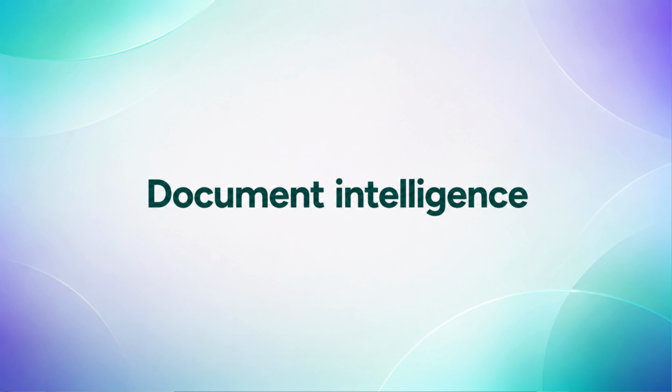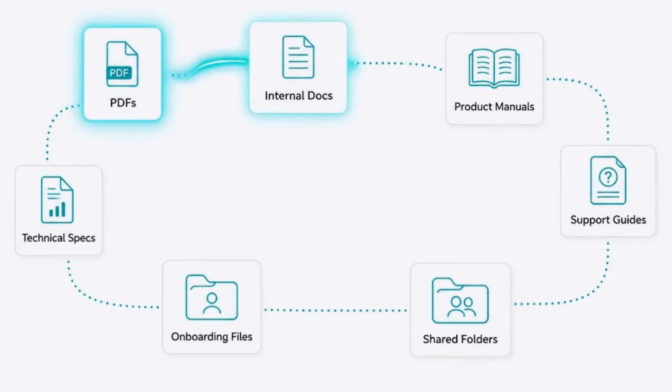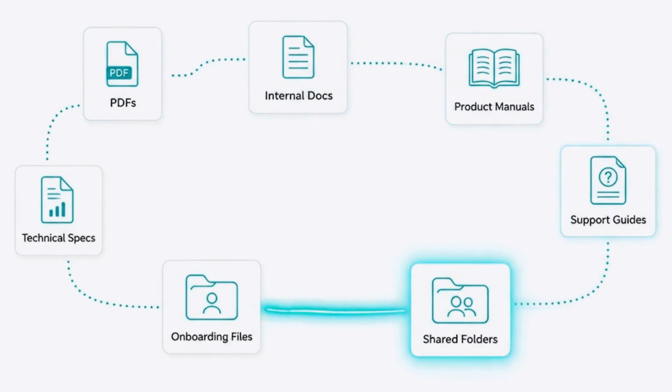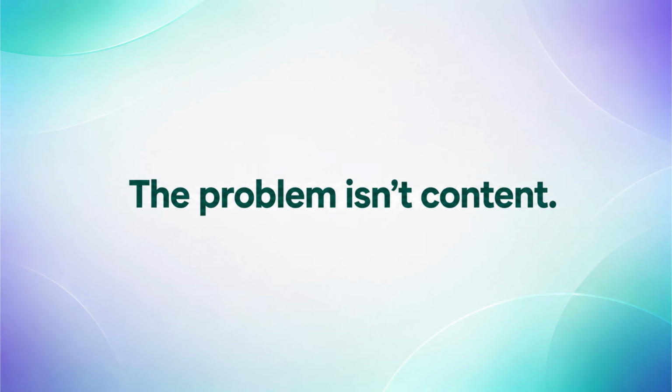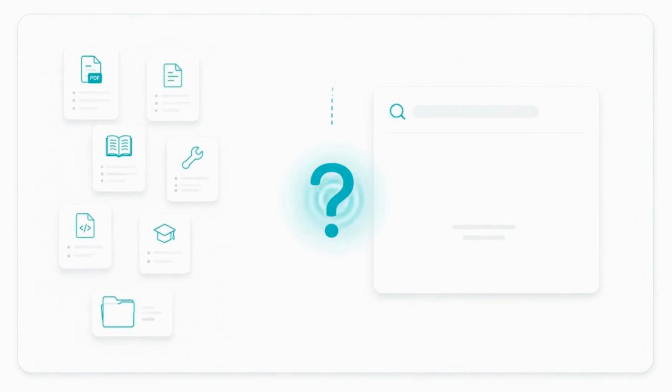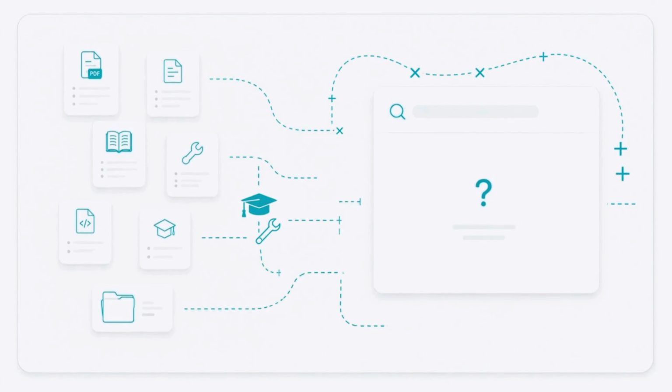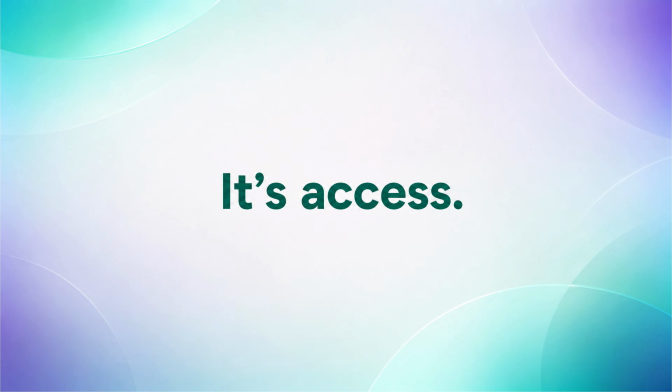Gendox is a document intelligence platform that helps developers and teams turn scattered information into usable AI knowledge. This information already exists in PDFs, Word documents, internal manuals, and other shared folders. The problem is not the lack of content. The problem is that this information is hard to find, hard to reuse, and often disconnected from the workflows that